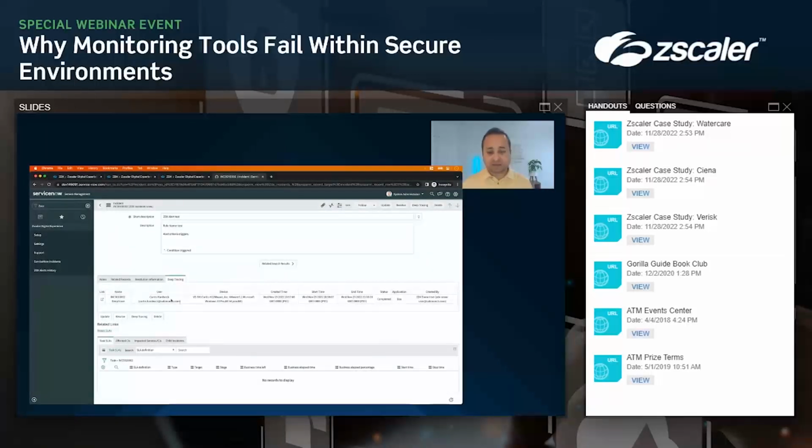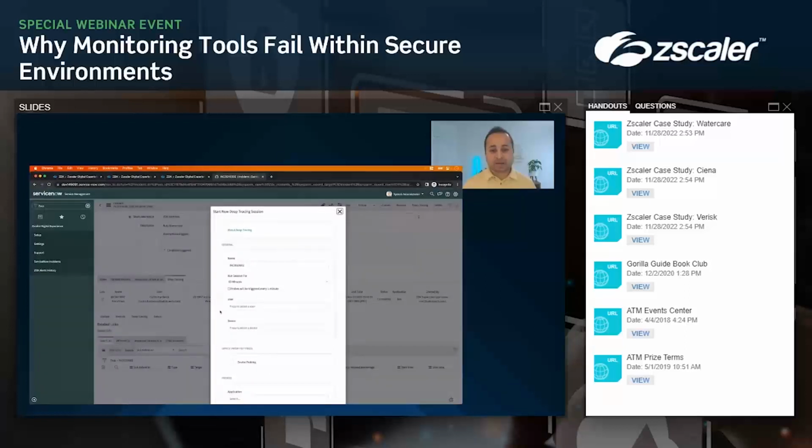So we already have a deep tracing session launched here, but I'll quickly take you through what the process looks like. So the user, in this case, let's say, for example, wants to collect more information on the end user's PC, wants to run some synthetic tests and understand what the network metrics and the device metrics look like right now. So they can come here and click on the deep tracing button. And this is an integration which we recently developed. And they could provide a name here for the session,